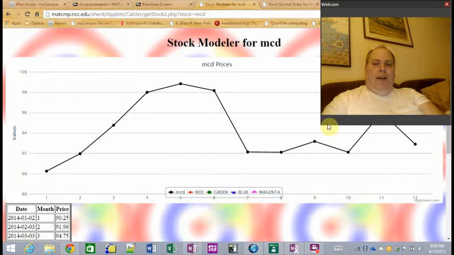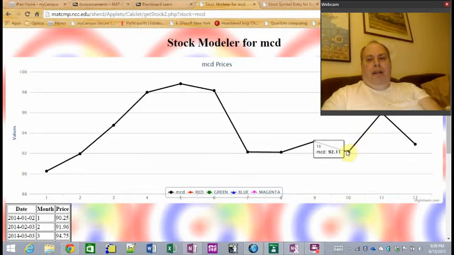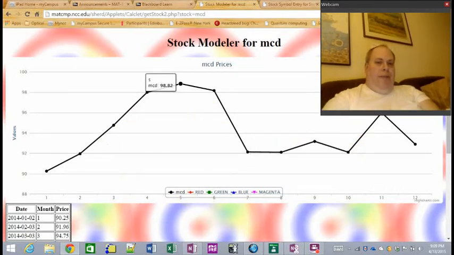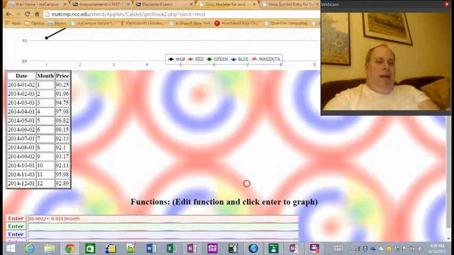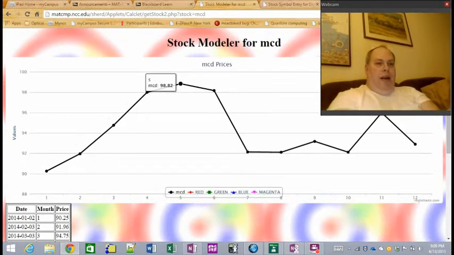Okay, somewhere there's a face for us. Smaller face. Okay, close enough. So we can see most of McDonald's curve. MCD is McDonald's. Now I can look at this curve and say, oh, it goes from about 90 to 93,